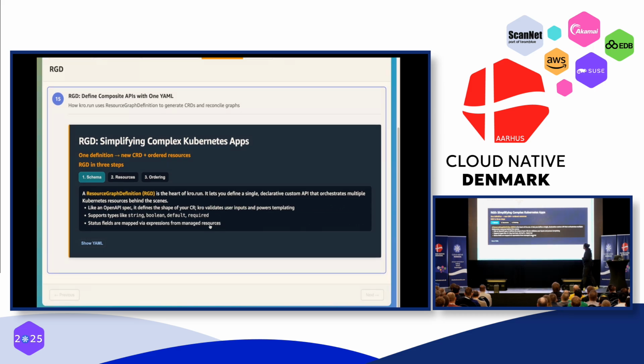Let's take a look into what KRO is. KRO is yet another CRD by itself, right? There's no other way to extend Kubernetes. You use CRD as a way to extend. I mean, probably there are other ways, but the one I know is CRD, right? So KRO comes with a spec called RGD, Resource Graph Definition. And the idea is that you define it like an OpenAPI spec,